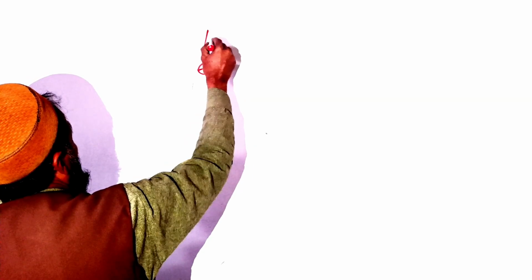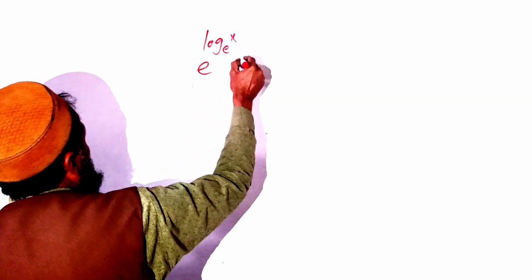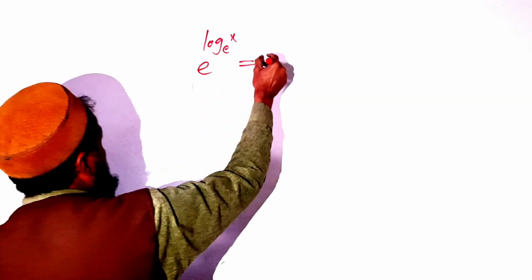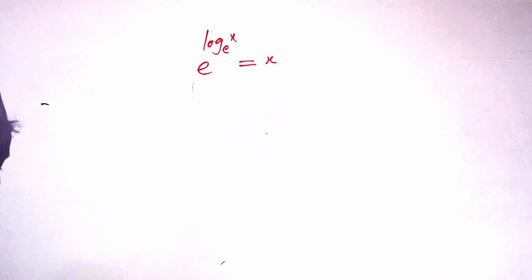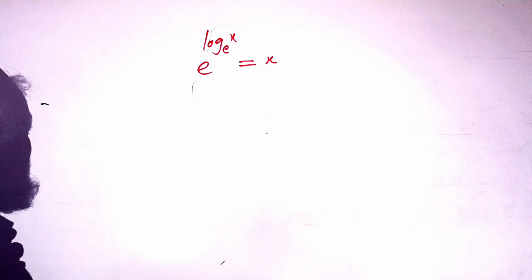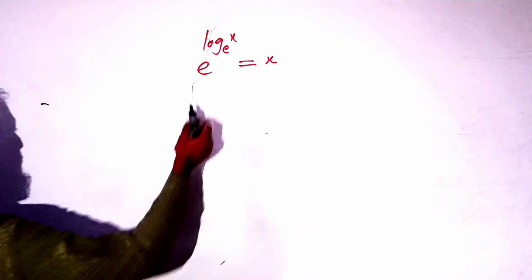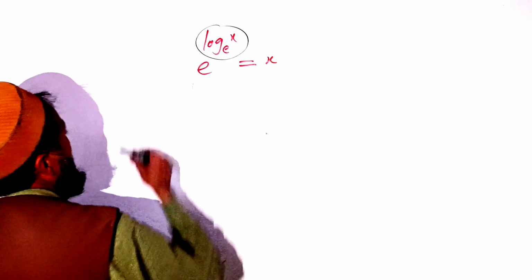Today we have a new log question, a very interesting one. The question is: log of e to the power x is equal to x. How can we find the value of x? First of all, as we know, according to the formula and the rule, log of e^x is